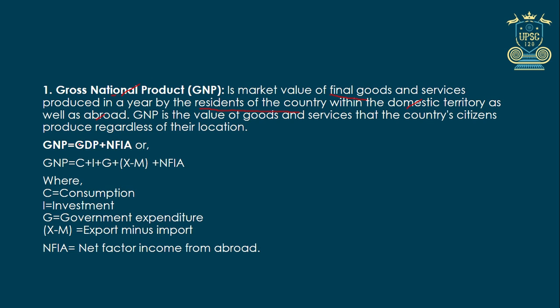So the formula for GNP we can write as GDP plus NFIA, that is net factor income from abroad. For GDP we saw the formula: consumption plus investment plus government expenditure, plus exports minus imports, plus net factor income from abroad. Net factor income from abroad means what is the